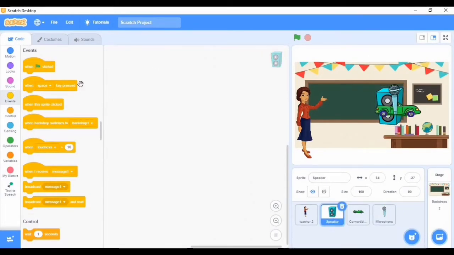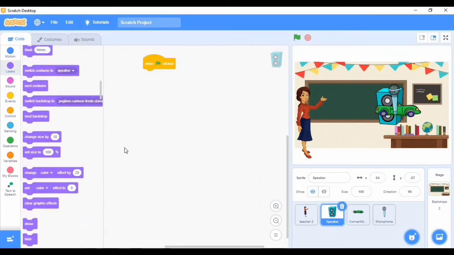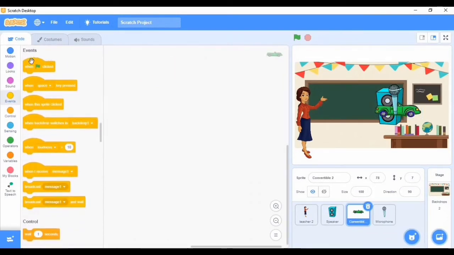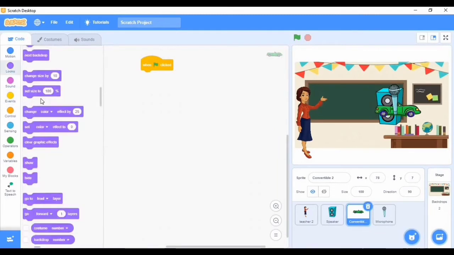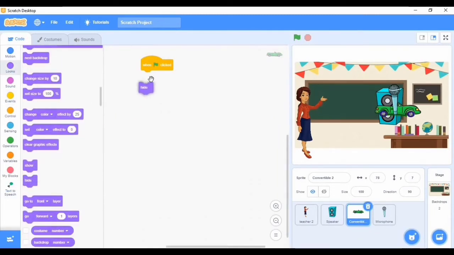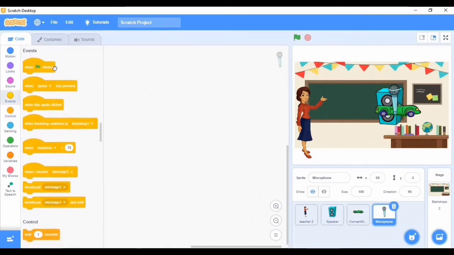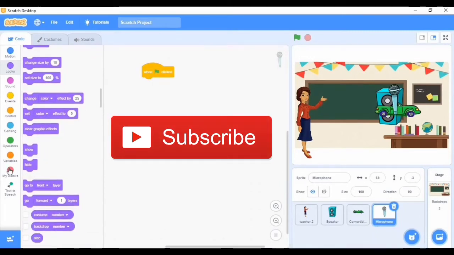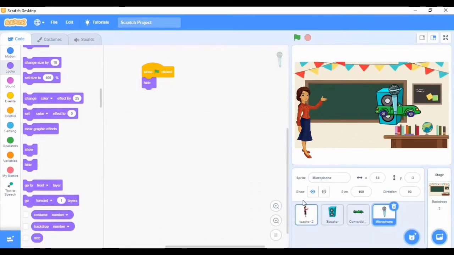Don't get stressed. I'm going to just hide this for now. Just put when clicked, looks, this for the speaker. Scroll down, say hide. Go here again, events, when clicked, go to looks, hide. Don't worry, don't stress yourself. I'm going to also code, but not in part 1. Maybe part 2, part 3, part 4. So now go to looks. Then I'm going to this, as I've said before, this is part 1. So now hide. Now let's start coding.